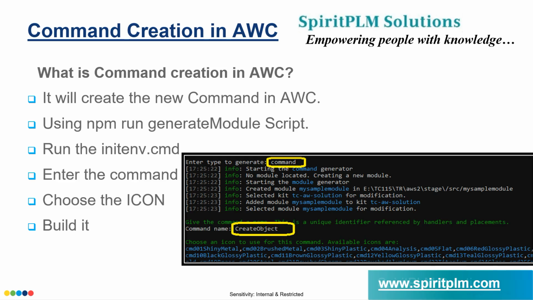Then command creation in ActiveWorkspace 6.3, how to create a command? Either you can create a command through the command prompt or through the command builder. So inside command creation, how to create a command? At that time you need to run a script called npm run generate module. Using this you can create your new command, where you have to specify the command name, command icon, command location, and you can build it,